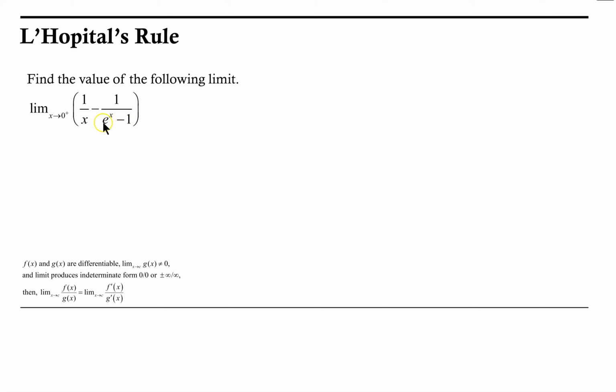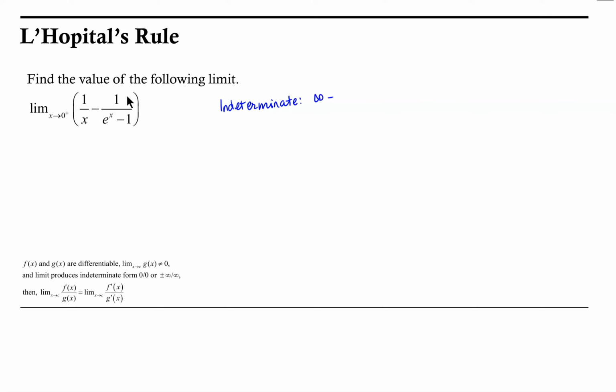Thus, our denominator approaches 0, or we have 1 divided by increasingly smaller and smaller numbers, and thus this second term also approaches infinity. So we have an indeterminate form,